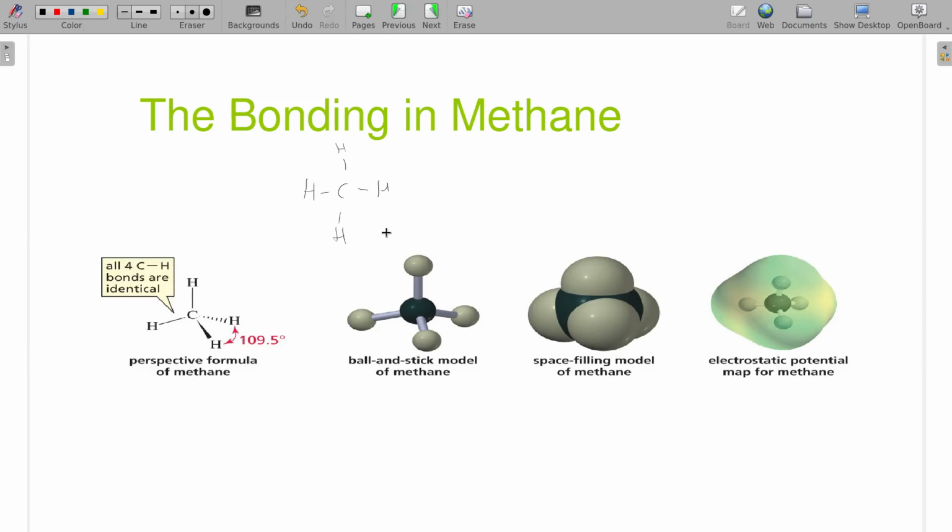But the actual methane is a three-dimensional molecule, and all these pictures down below are trying to stress the three-dimensional nature of it. So on that first one, we basically have almost a Lewis structure, but we have wedges and dashes to indicate coming out of the paper, going into the paper. Now, there are other ways to do this, but that's the best way to do it on paper, with the wedges and dashes. The next two are just different ways of trying to draw the atoms as balls and sticks. In this one, just the balls are bigger and there's no stick anymore. But with that ball and stick, we do a little bit of shading and size differences to create that 3D effect.